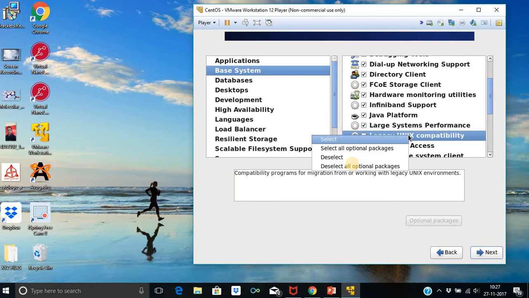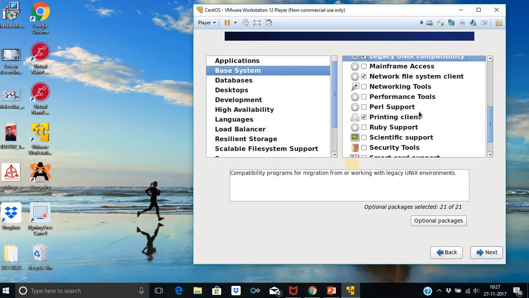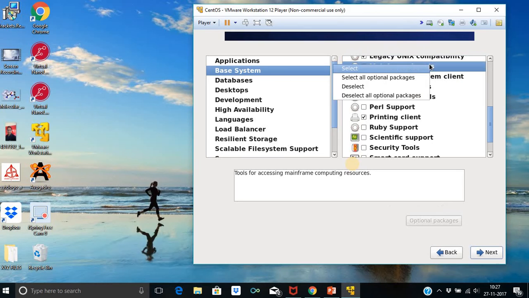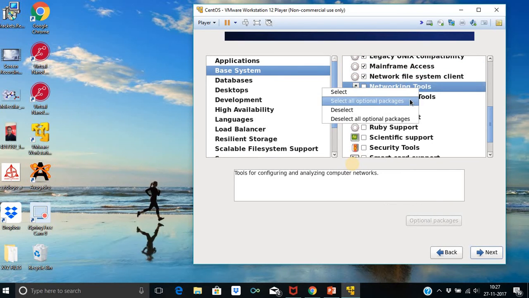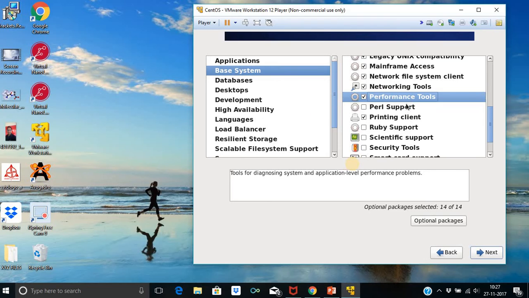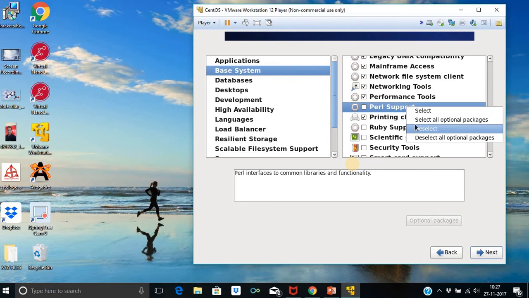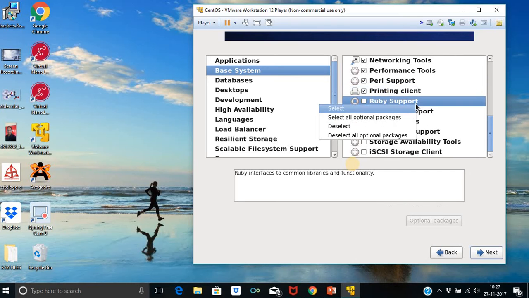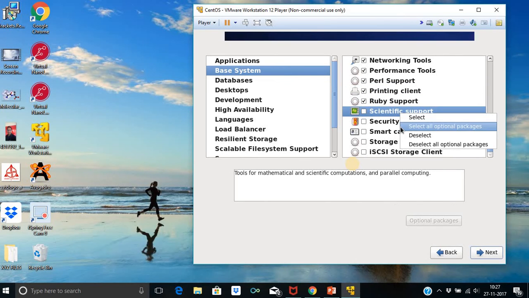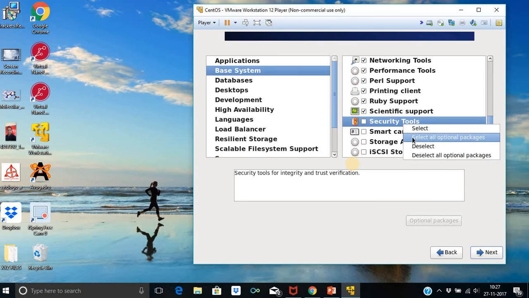That's why we have to select almost all packages. Scientific support is very important. Security tools are also important.